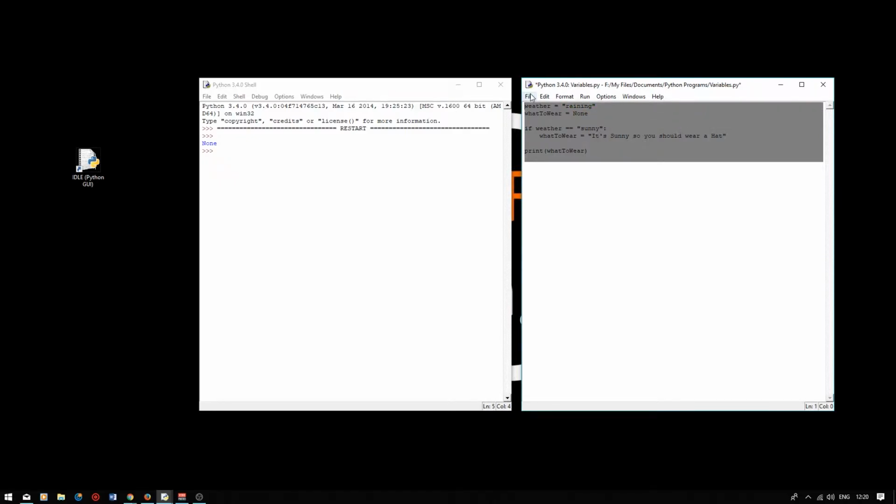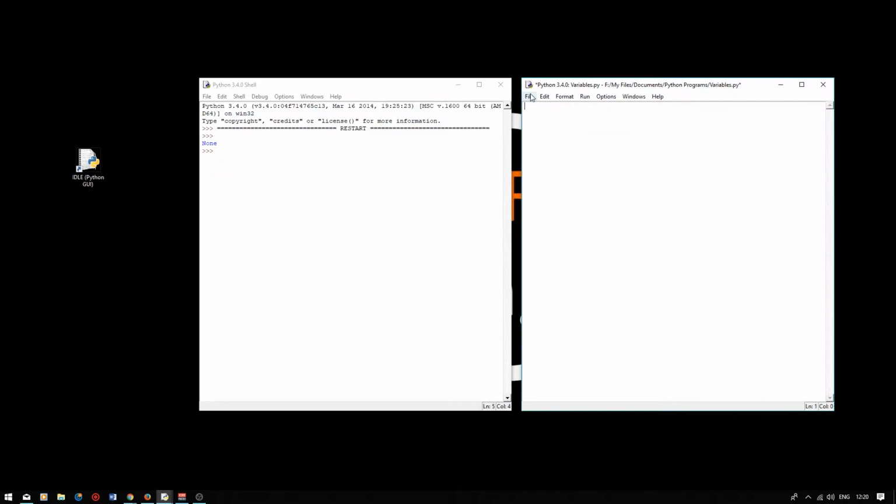Let's delete what we've done, and we'll create two new variables, one called cars, and we will assign the value 5 to that one, and we'll create another variable called motorbikes, and we'll assign the value 4 to that one. Now we'll create another if statement saying if cars equals motorbikes, make sure you write a colon, press enter, and we will say print "They are the same number of cars as motorbikes." So if the number of cars is the same as the number of motorbikes, it will print this. And then we can press enter,